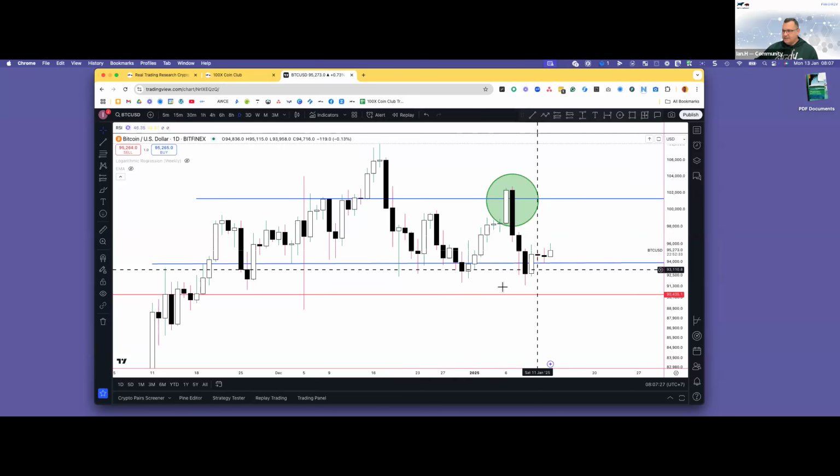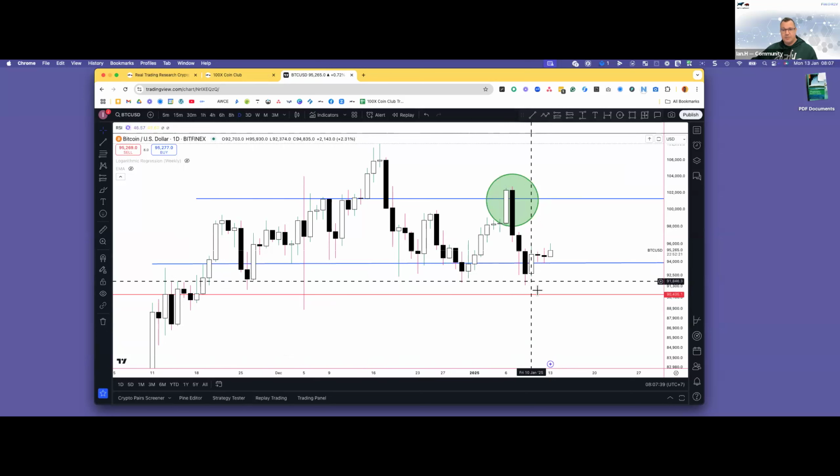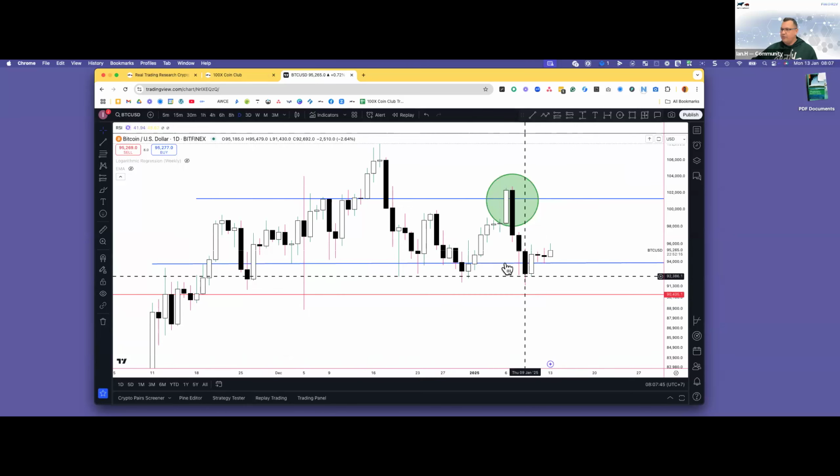Okay, and this section here below that red line, that's a liquidity pool. Each time we get a wick come down, we grab a little bit of liquidity. That means that people have placed orders there because they think that Bitcoin might go down there. So if we were to lose this level,